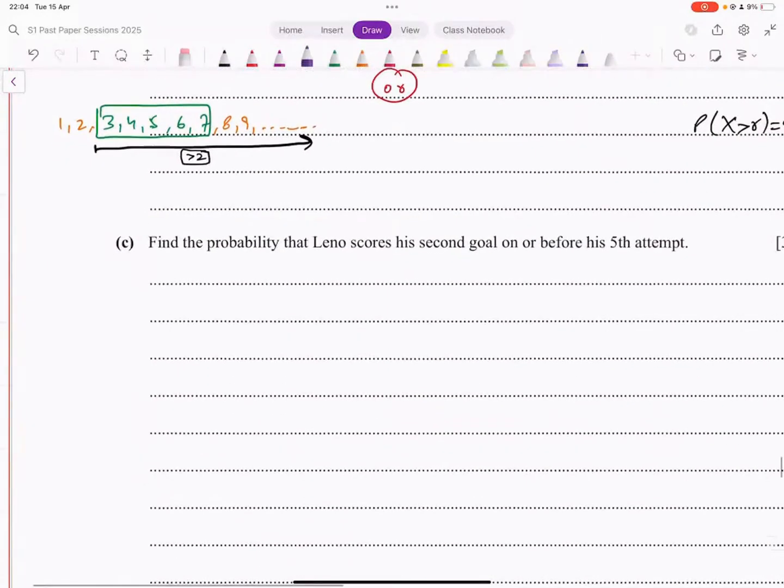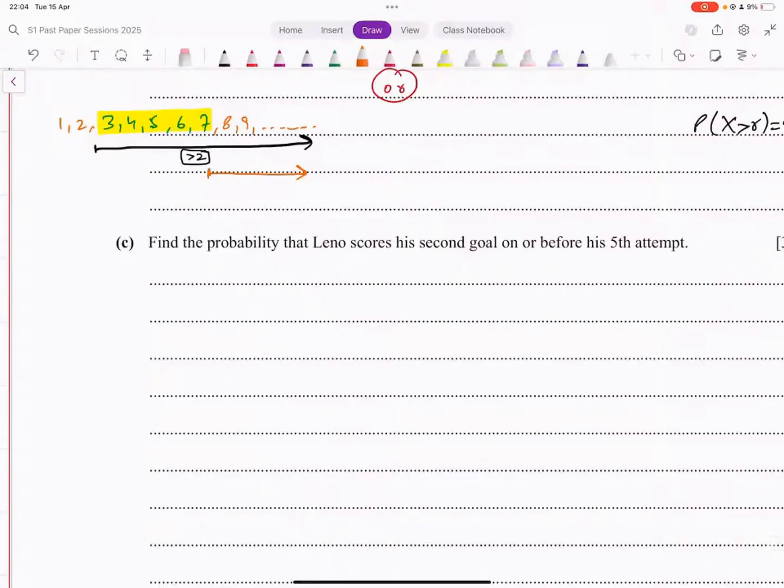Now, that also includes these numbers 8, 9, 10, 11, 12, and so on. I want to get rid of them because I only want the numbers in the middle here. I only want 3, 4, 5, 6, 7. So how do I get rid of 8, 9, 10, and so on? I can subtract from this these numbers from 8 onward.